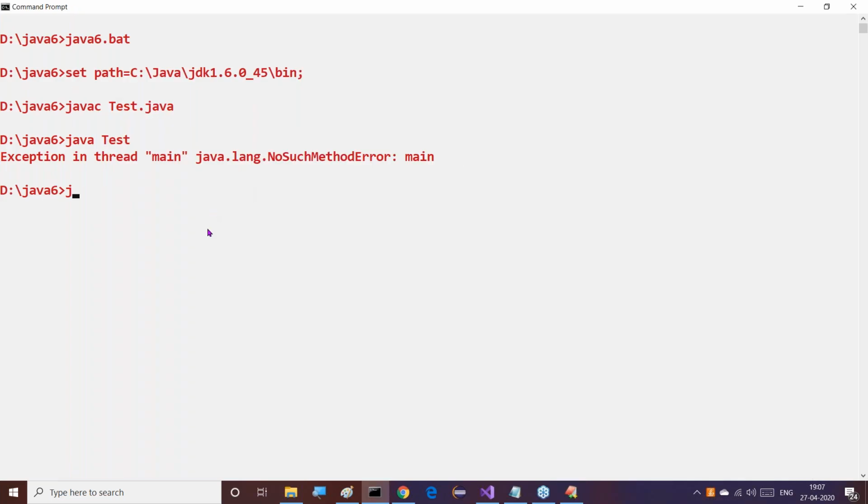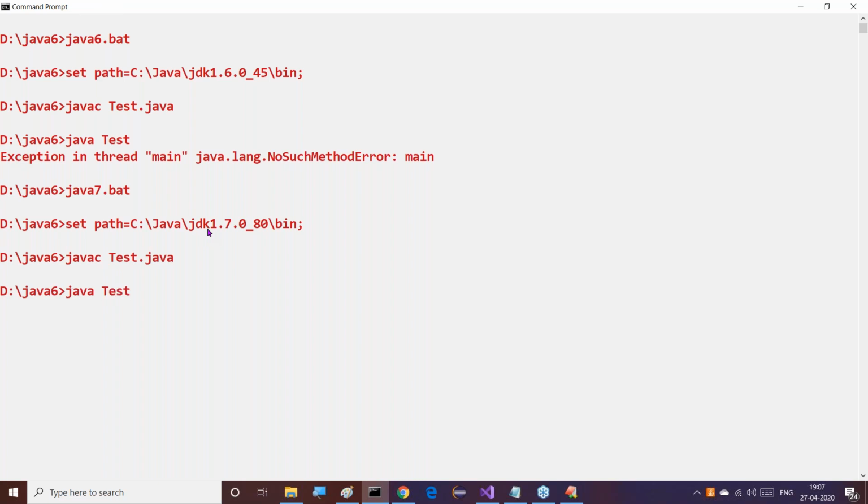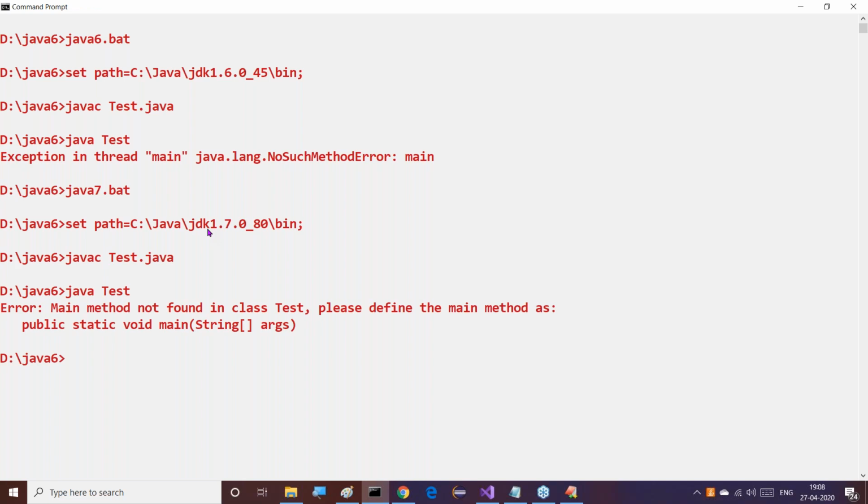For example, if you go for the Java 7 version there, in Java 7, javac tester.java compiles successfully, but when we execute this, we are able to get a problem. What error message are we able to get, sir? Now tell me, no. The error message would be like which one? Error: Main method not found in class test. Please define the main method as: public static void main(String[] args). That's it.